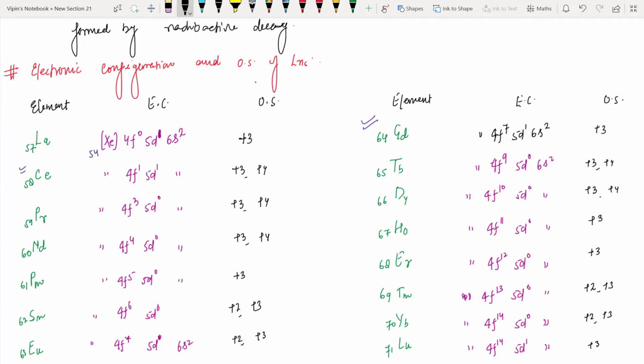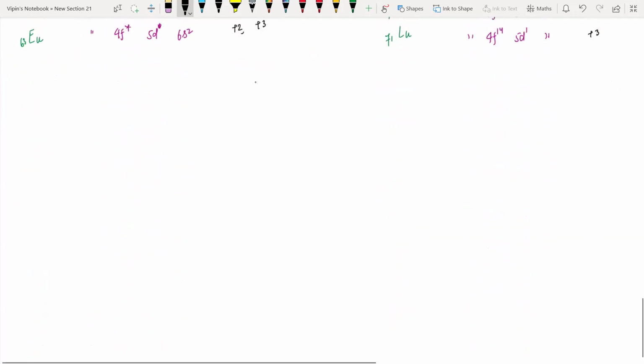The lanthanides which have +2 oxidation state along with +3, or +4 along with +3, are less stable. So what we have to write? The most common and most stable,